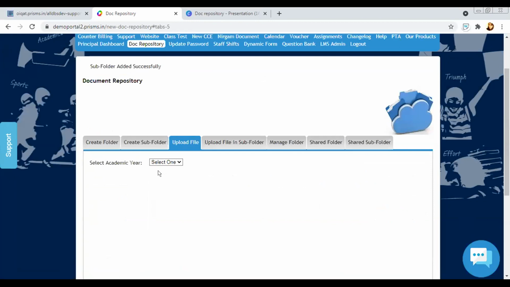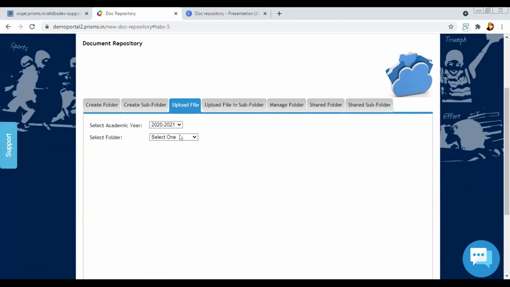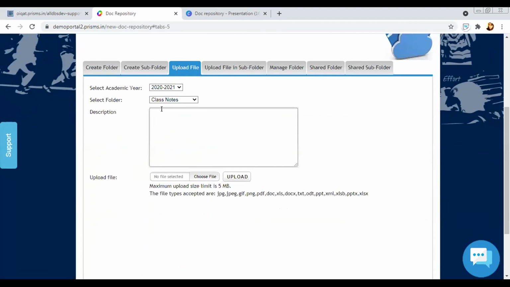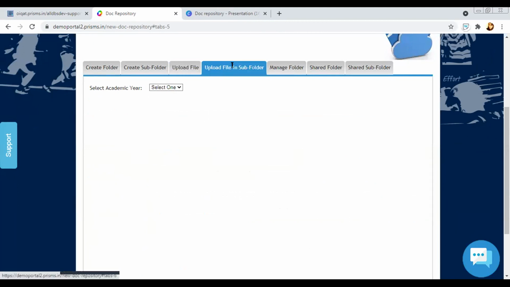Now over here, I can upload a file inside that folder. There are two options. You can either upload the file directly to the folder itself, or if you specify subfolders for each class, like 7, 6, 8, then I can upload the file in the subfolder also.